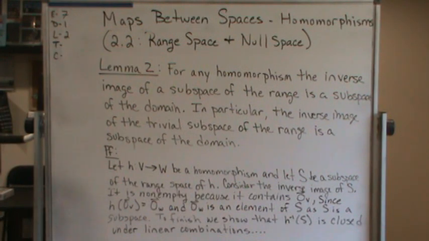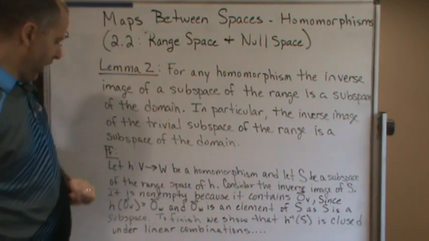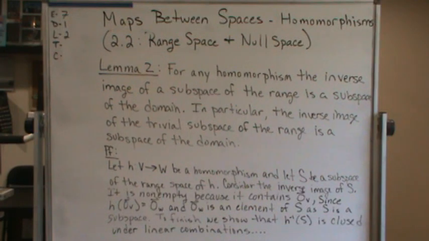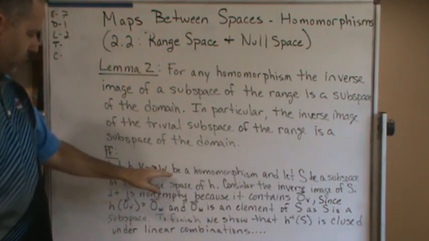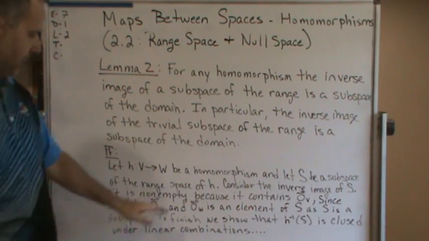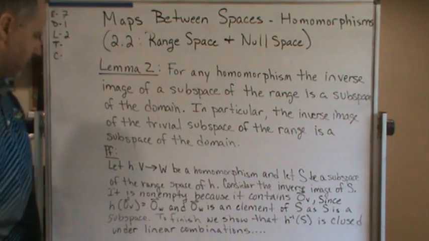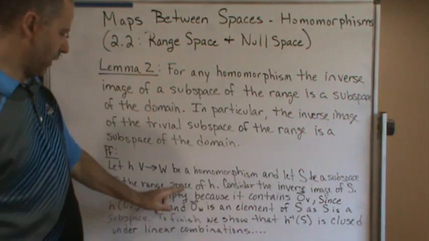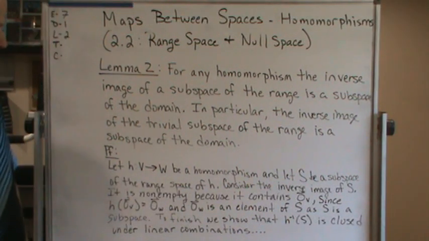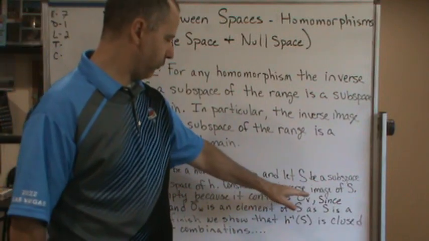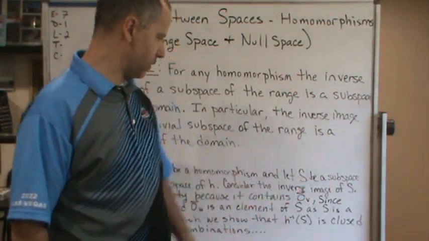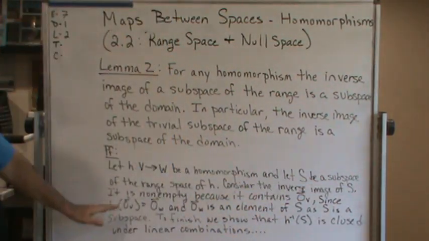Okay, so the proof says: let H be a map from V to W between these vector spaces and be a homomorphism, and let S be a subspace in the range space of H. Now if we consider the inverse image of S, it is non-empty,